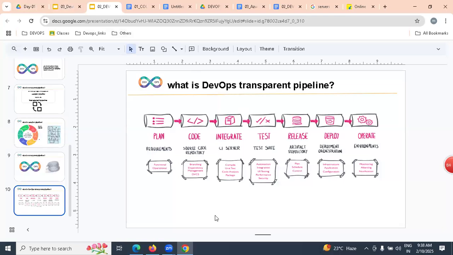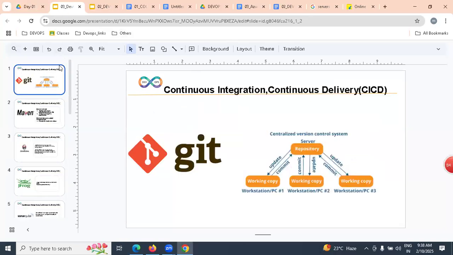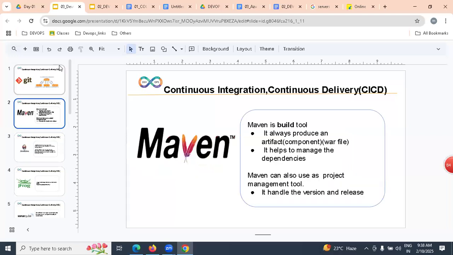After writing the lines of code, we maintain the code on Git version-wise, release-wise, and branch-wise. Once it is maintained, we build with the help of Maven. Maven is a build tool. Automatically we can execute the entire Java project.